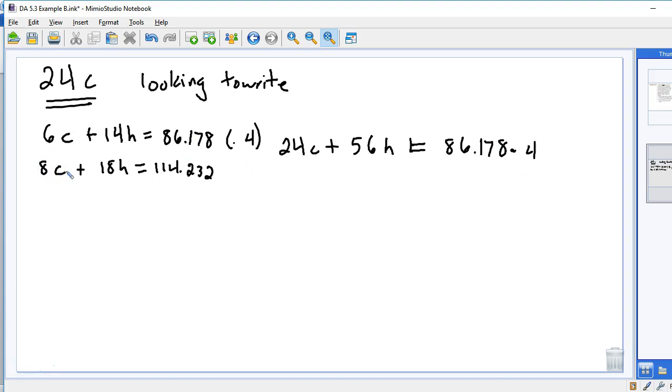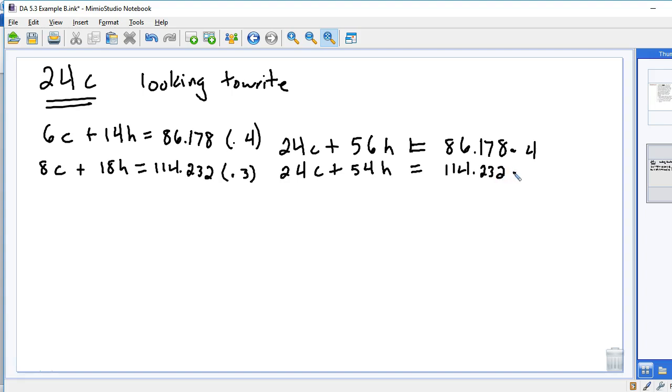Okay, so now what I'm going to do is multiply this one by 3. I also want a 24c. So that means I have to multiply everything by 3, and this whole row has to be multiplied by 3. So that means I'm going to have 24c plus, well, what's 18 times 3? That's going to be 30 plus 24 is 54 H, and that's going to equal